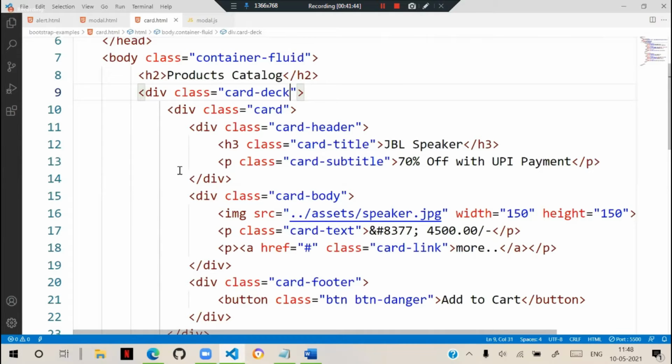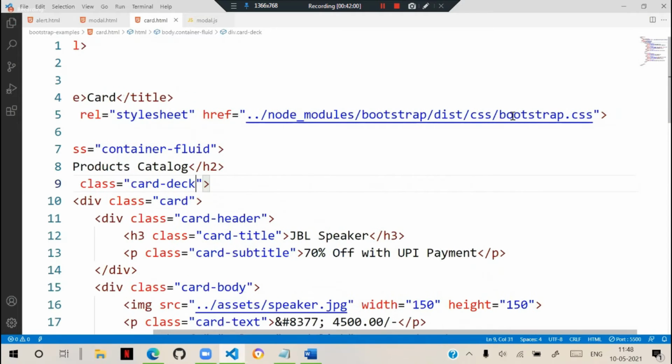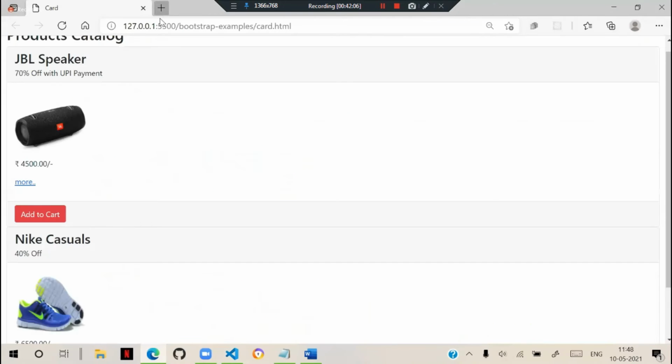If I'm using the Bootstrap 4 version, we get that appearance. I will show you one other point. So observe carefully. Here we are linking the latest Bootstrap 5. We will go to the official website, getbootstrap.com.